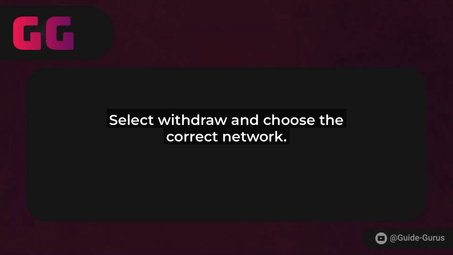Now, head over to your Crypto.com app or website and log in. Navigate to your wallet section and find your Modic balance. Tap or click on it to access the withdrawal options. You'll need to select Withdraw and choose the blockchain network. Make sure it's set to Polygon or ERC20, depending on your setup.